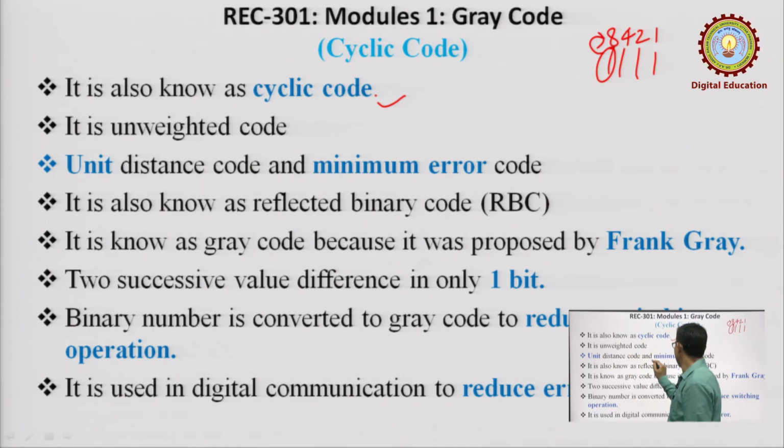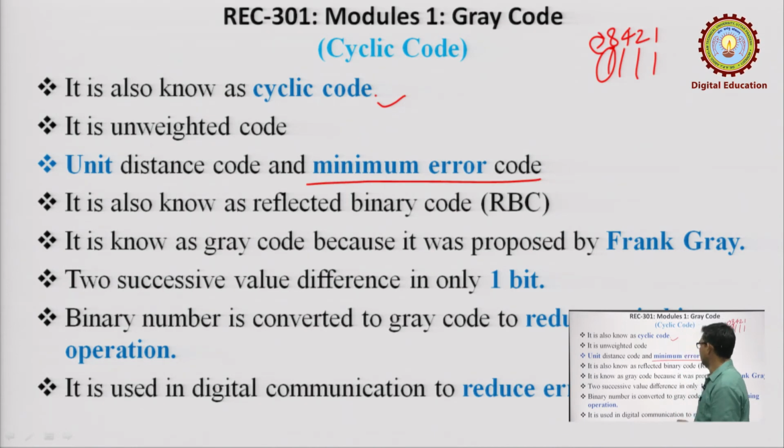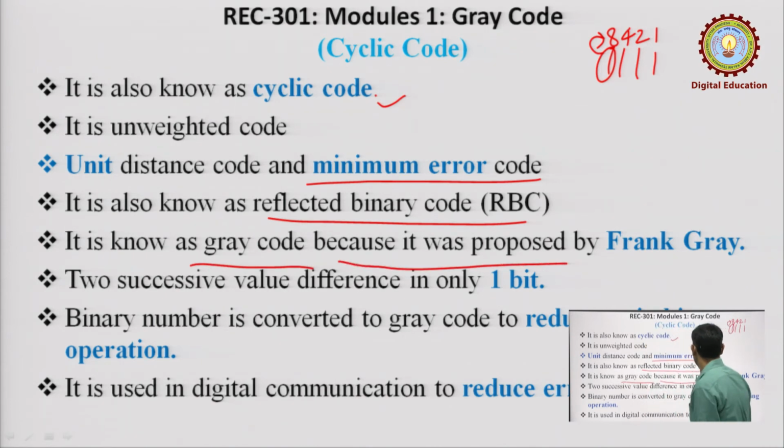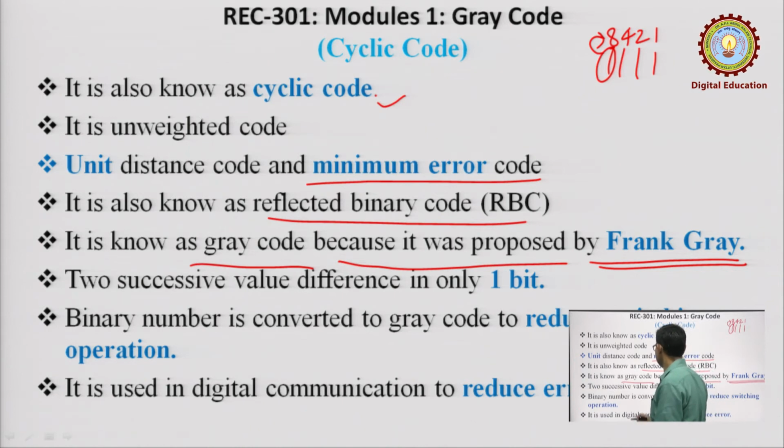It is a unit distance code with minimum error. So, this is used for error detection, because only one bit, one unit distance, will change whenever we go to the next value. It is also known as reflected binary code or RBC, and also known as gray code because it was proposed by Frank Gray. This is the name of the scientist. Based on the scientist's name, the name of this code appeared, and the difference between two successive values is only